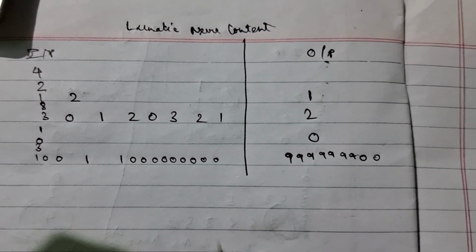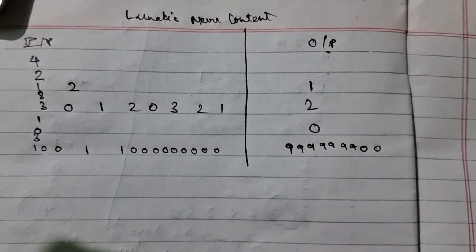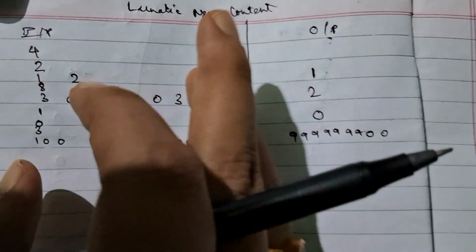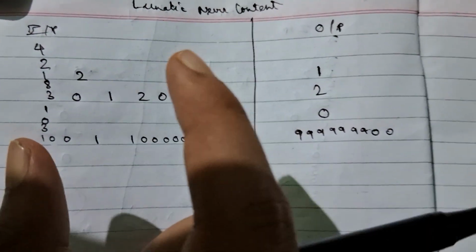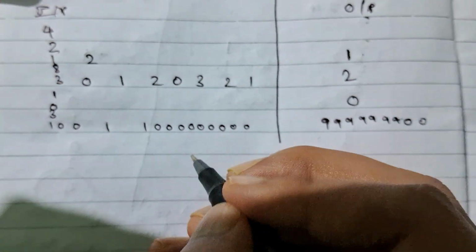So in this video, I'm going to discuss the Lunatic Never Content problem which occurred in today's Codeforces challenge. The problem is very simple. It states that you are given an array of size n and you have to make that array a palindrome. And what you can do is find the biggest value of x such that